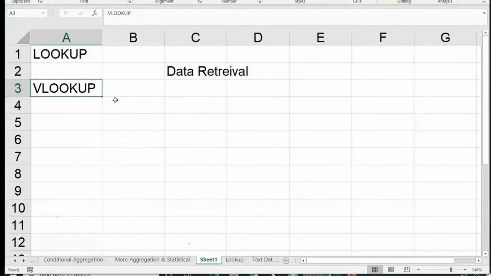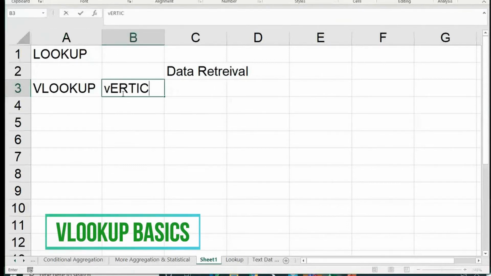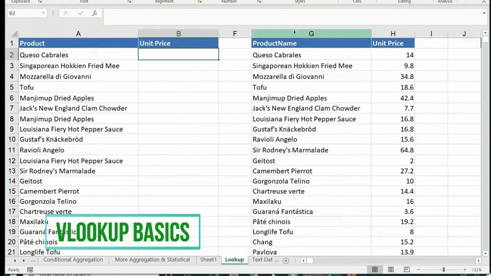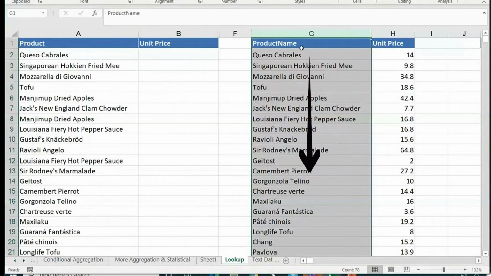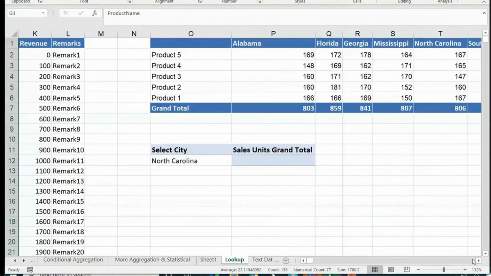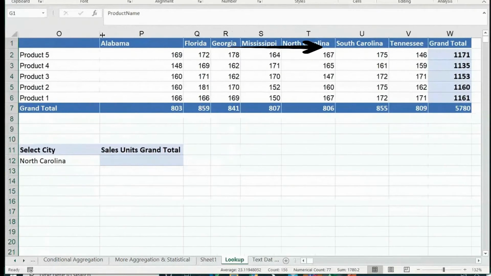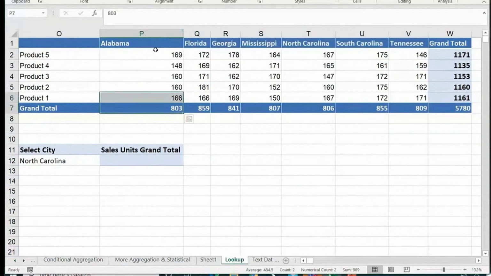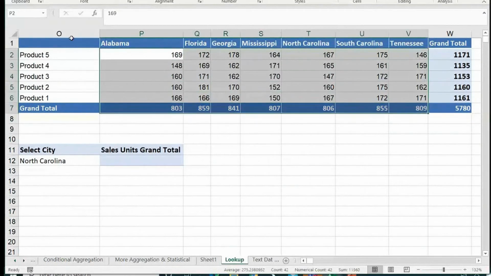Okay, so VLOOKUP basically stands for vertical lookup, correct? So basically we use VLOOKUP when you are searching your data in a vertical fashion, like my information to be searched is in vertical fashion, right? I have to search here and get information which is against it, which is next to it. So we use VLOOKUP. In case my searching is like this, for example, here, I have to search something in a row and get information which is below it, we go with HLOOKUP.